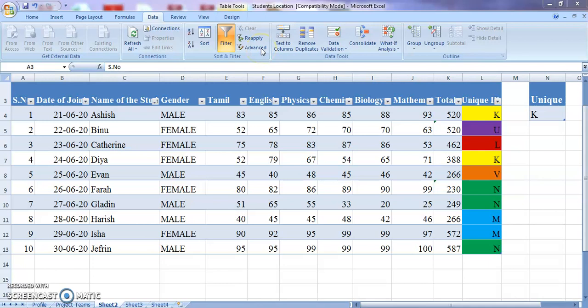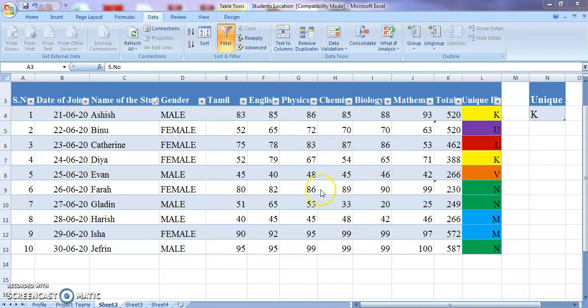Now, how do we use this advanced filter option? Before that, you have to take three things into consideration. The first thing is you have to select the source data range. This is our source data table.